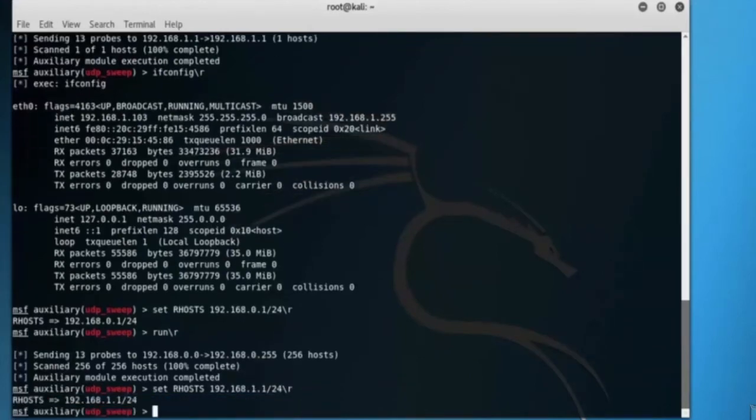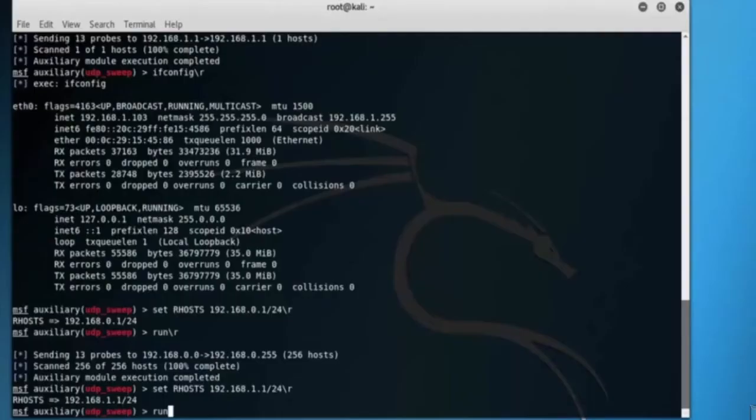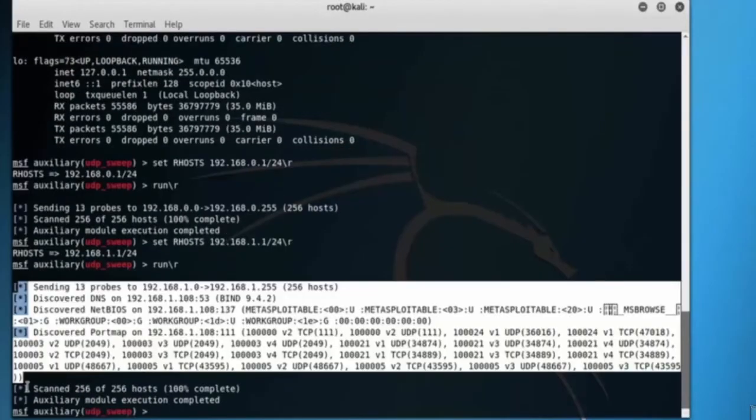192.168.1.124. Type set THREADS 255. Type run. Here you can see that it is sending 13 probes between 192.168.1.0 to 192.168.1.255 address. With minimal effort, we have once again identified a wide range of services running on many different platforms